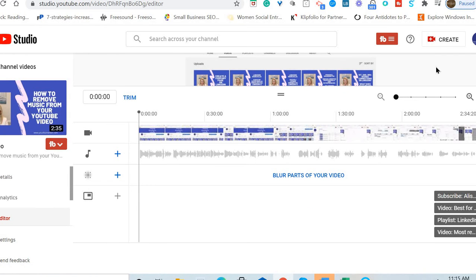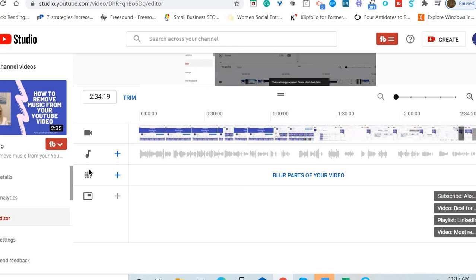and since you are already in your video and you clicked on the editor, then you'll be able to make some changes to your video. Here you can see this audio sign. If you click on the plus sign, you'll be able to choose and add some music to your video. So if you click on the plus sign